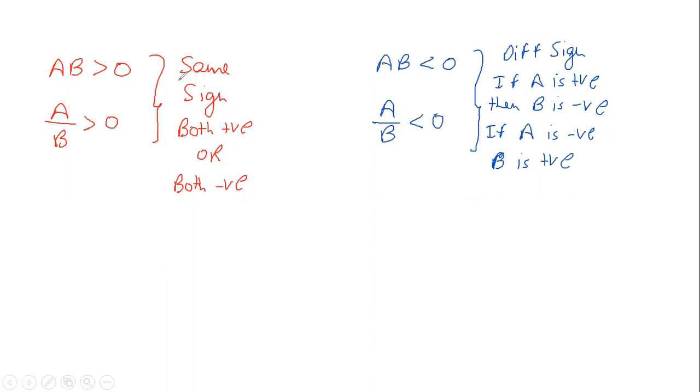So this is the second very basic aspect that you should understand. If the product is greater than 0, same signs. If the product is less than 0, different signs. Now the third very basic aspect in inequality. So if I say AX is equal to BX, can I conclude that A is equal to B? Then most of you might say, of course we can. We can simply cancel X on both the sides and A will be equal to B. That's the first impression that we have whenever we see this kind of expression, AX is equal to BX. We try to cancel X on both the sides and we get A is equal to B.